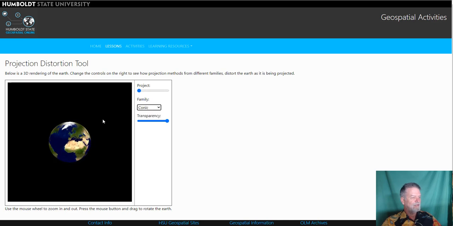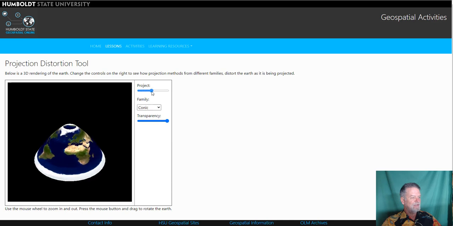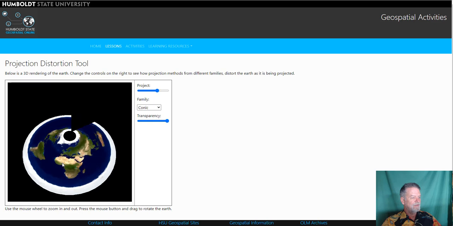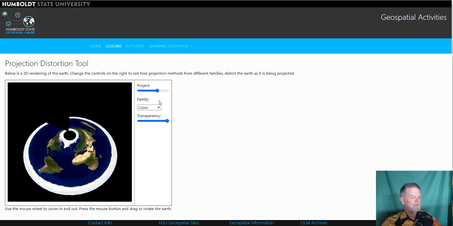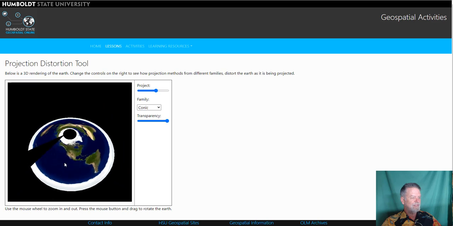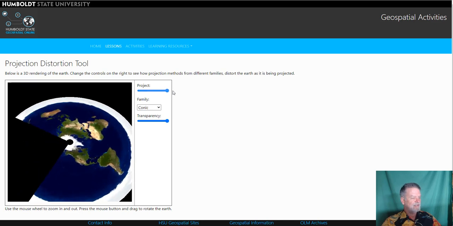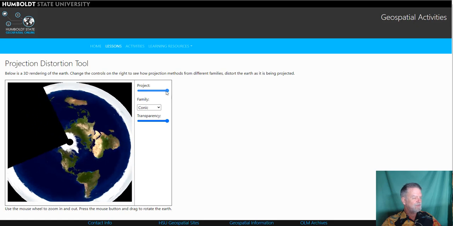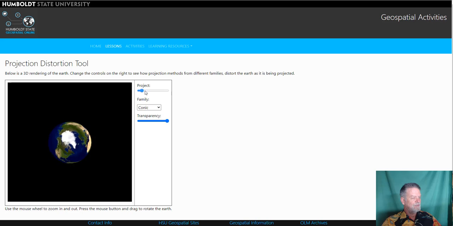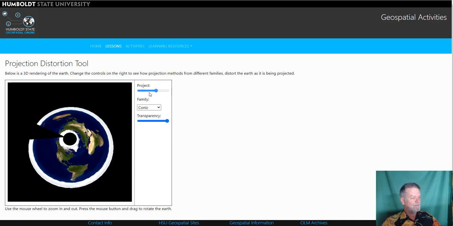When we do a conic, we project out into a cone. So now we have a cone, and then we flatten the cone out. Conics are good for mid-latitudes, like the continental United States. As we project out, it stays fairly close to the same shape and size, but again, the poles are radically